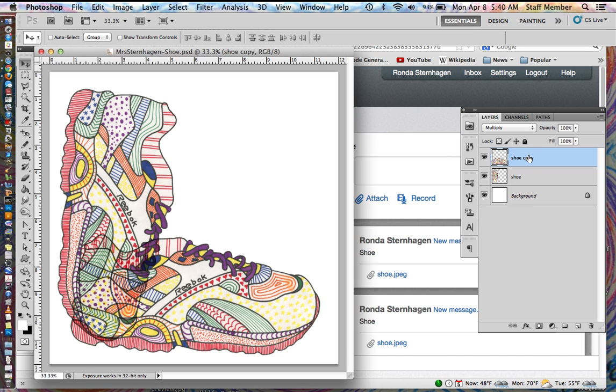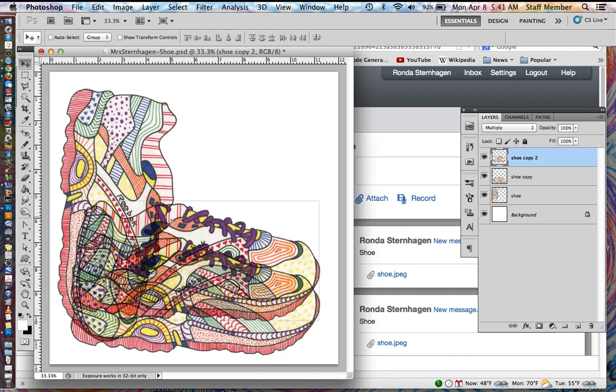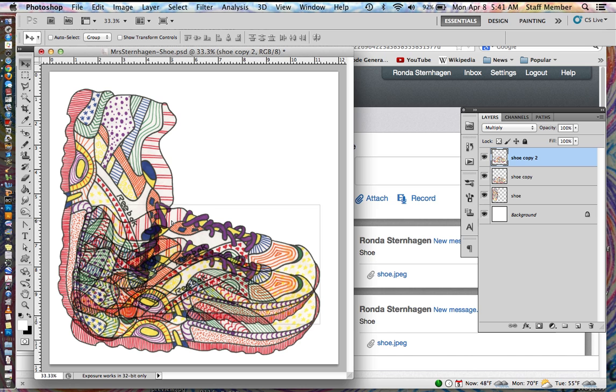You can even take shoe or shoe copy. It doesn't really matter. I'm going to take shoe copy, click and drag down to the little sheet of paper, and now I've got another one. If I move that out, I can see that I have another one. So now I need to